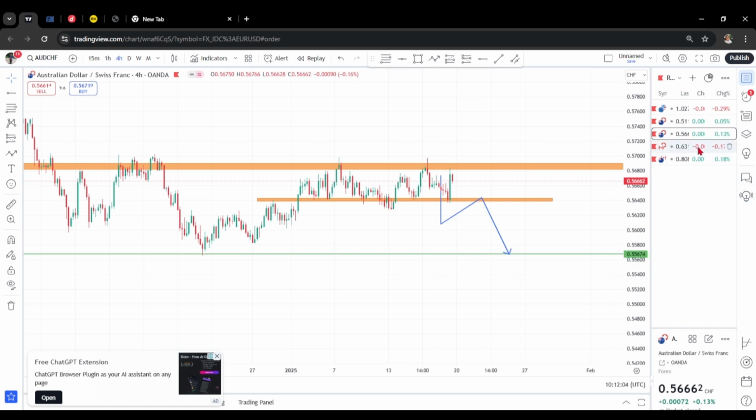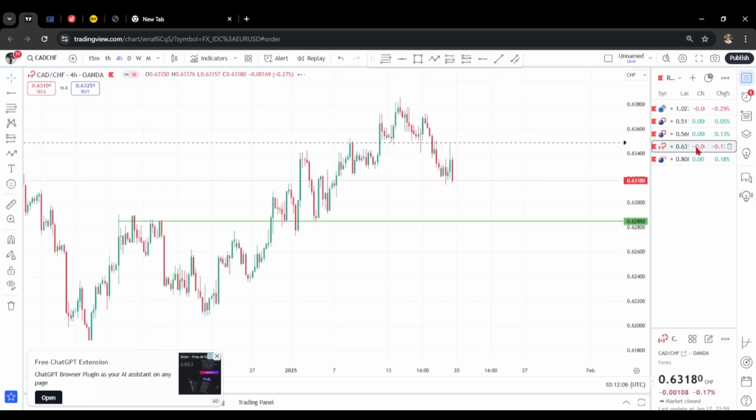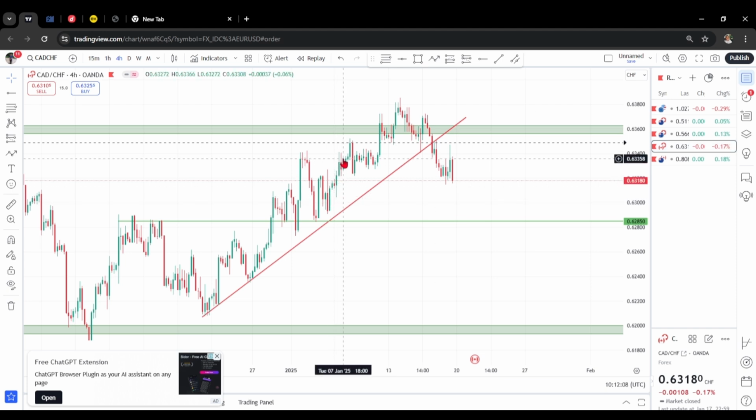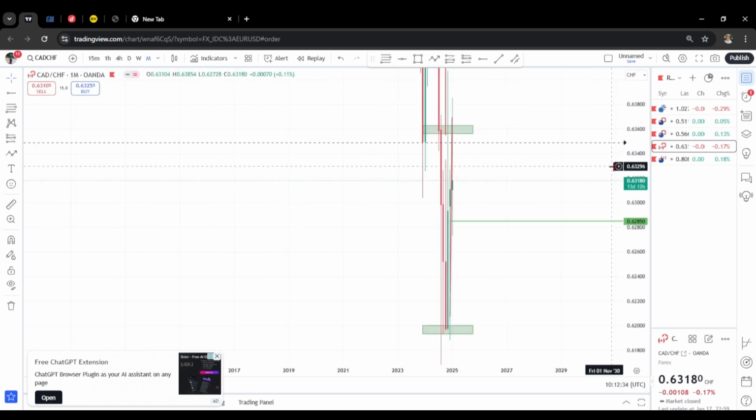So let's go over to CAD CHF. Okay, this is CAD CHF. I wanted to enter this trade, but I couldn't get my entry. I was waiting for a retest. I even set an alarm so that if the market came to this level, my phone would notify me so that I don't miss any trade. But for no reason, I don't know why, the market didn't come to this level again. So I spotted this head and shoulders on the daily time frame. First, I went to a higher time frame to analyze my trade,